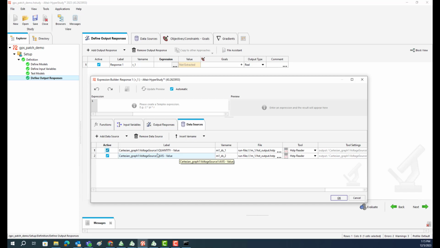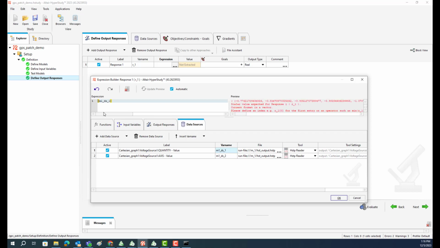Okay. So we have both the horizontal axis as well as the vertical axis values. So the quantity is the vertical axis value, which is the reflection coefficient, and the axis value is basically the frequency range. I'm going to select the actual quantity, which is the reflection coefficient, and if I click on insert,